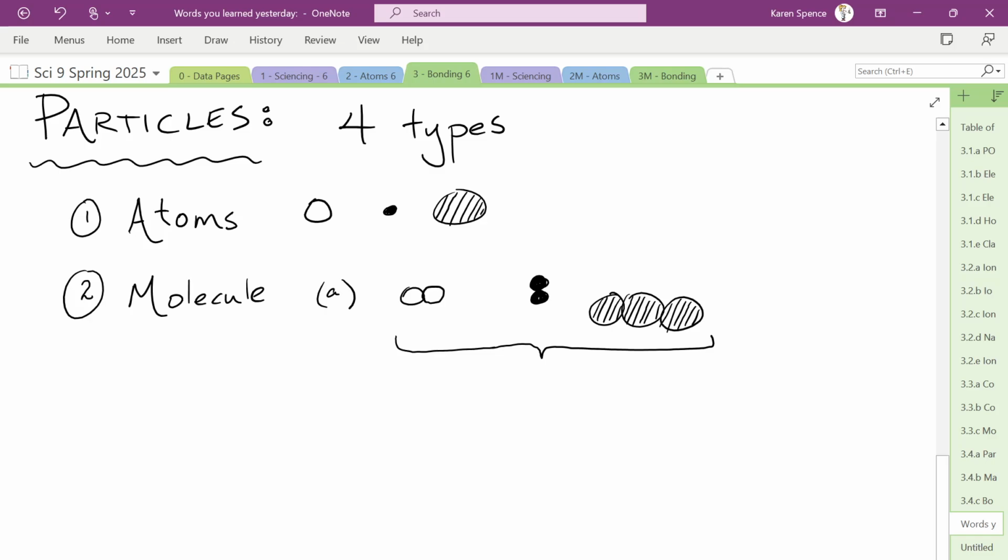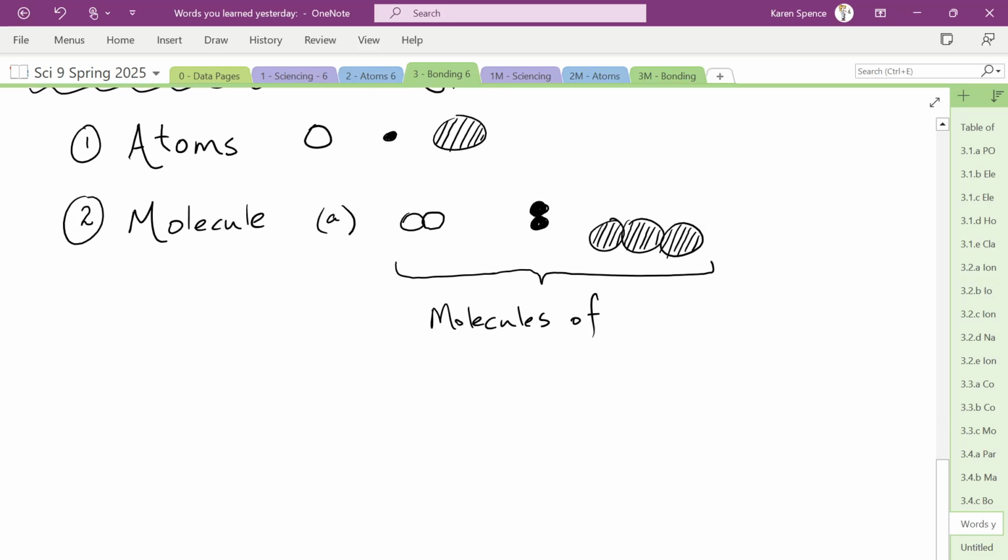Those molecules individually are molecules of what? We'll leave that. We'll come back to it. Or we could have